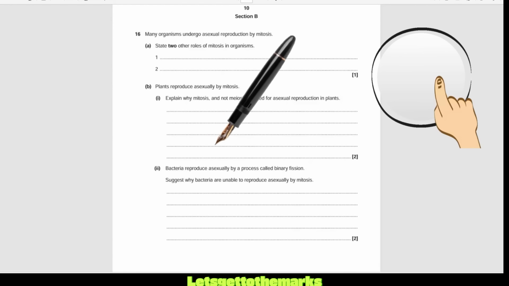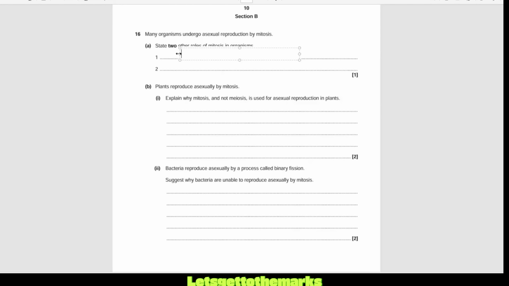So reproduction is one of the roles of mitosis, but of course we have growth. So when you're growing new hair, new nails, and you want identical cells, new skin, you do that. And then repair, like when you cut yourself and you need to heal that, or you need to grow new tissue, you've got repair of old tissue, or grow new tissue. So growth and repair.